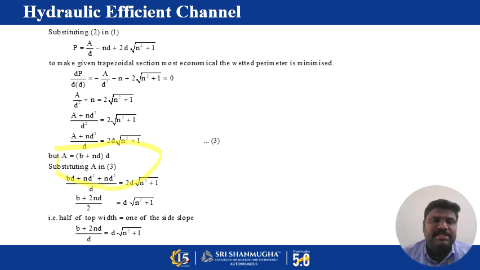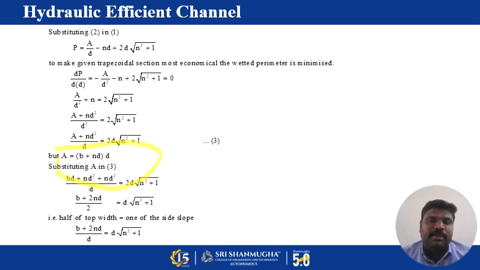When I'm substituting this in equation number 3, so a is bd plus nd square by d is equal to 2d into square root of 1 plus n square. So bd plus nd square, 2nd square. I'm taking d outside. Here the denominator is also d, numerator is also d, so d d getting cancelled. So b plus 2nd by 2 is equal to d into square root of 1 plus n square. So the equation will become